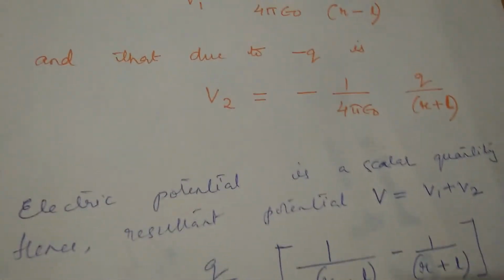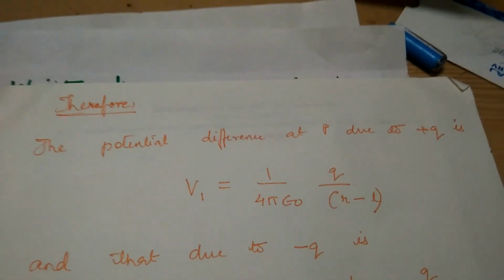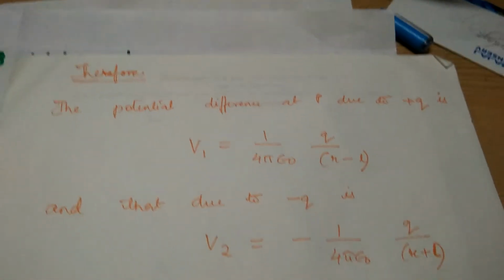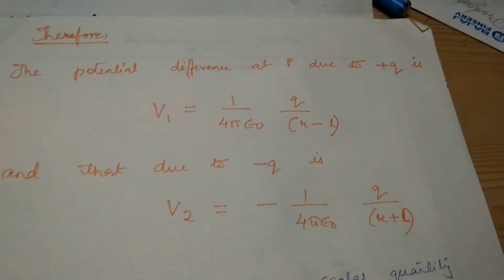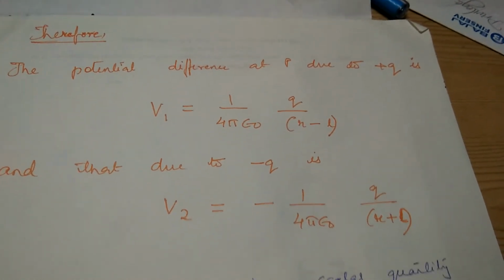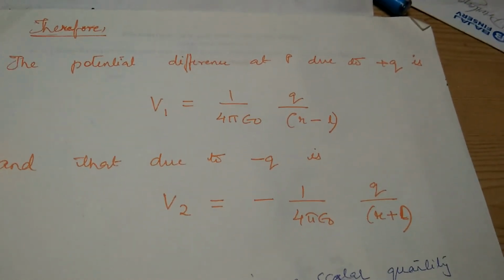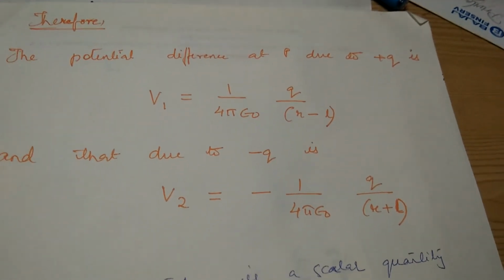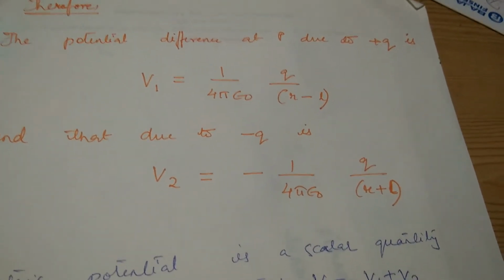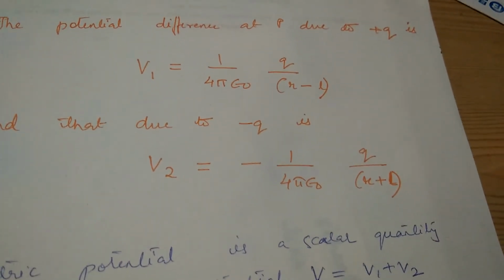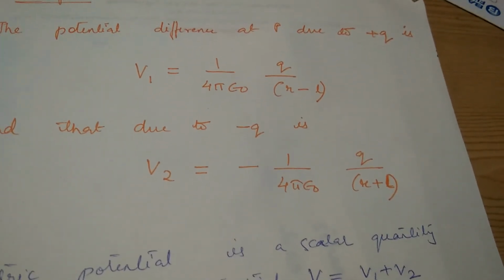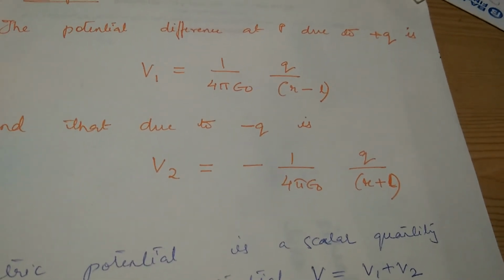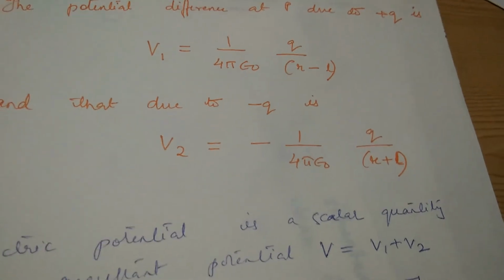We have the expression for a point charge. So now, due to the charge plus Q and the charge minus Q, this will be our expression for potential. We already have the formula, Q by r. Here it is r minus L. For the negative charge it is r plus L, and the magnitude is the same. For V1 it is plus, and for V2 we mention the minus sign.